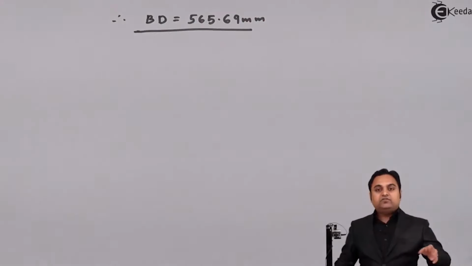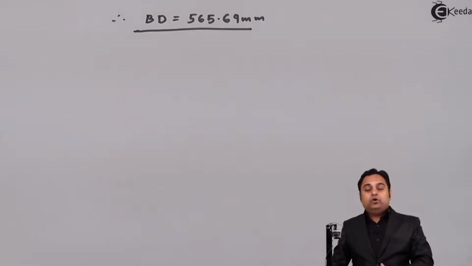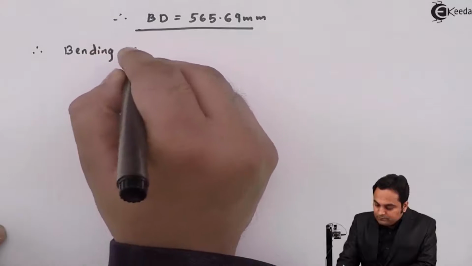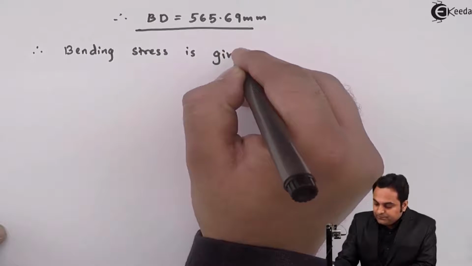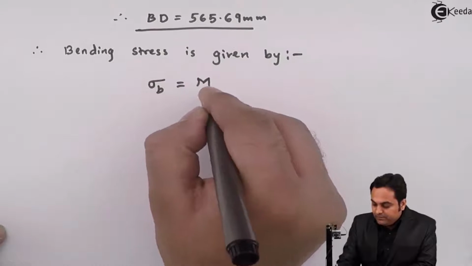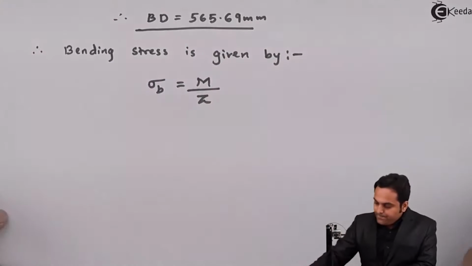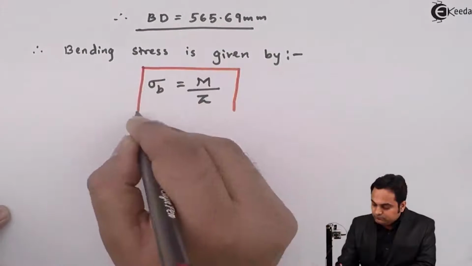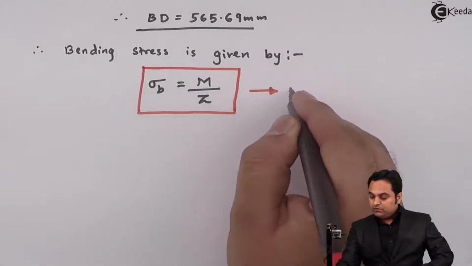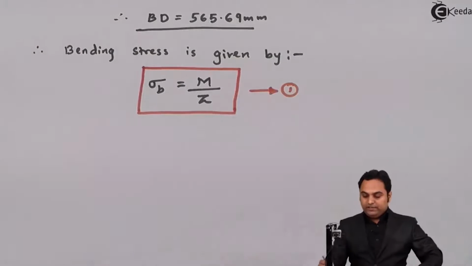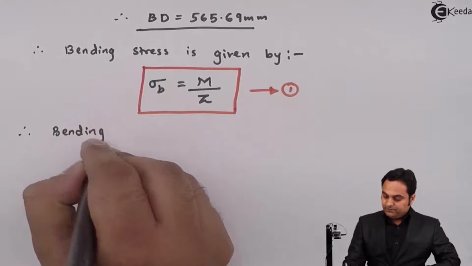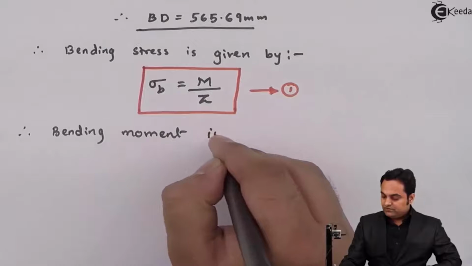Now after reaching here, the next step is we would go on for the calculation of bending stress. So therefore bending stress is given by sigma B is equal to M by Z. I'll keep this as the first equation. Now I'll go for the calculation of bending moment. Therefore bending moment is given by,